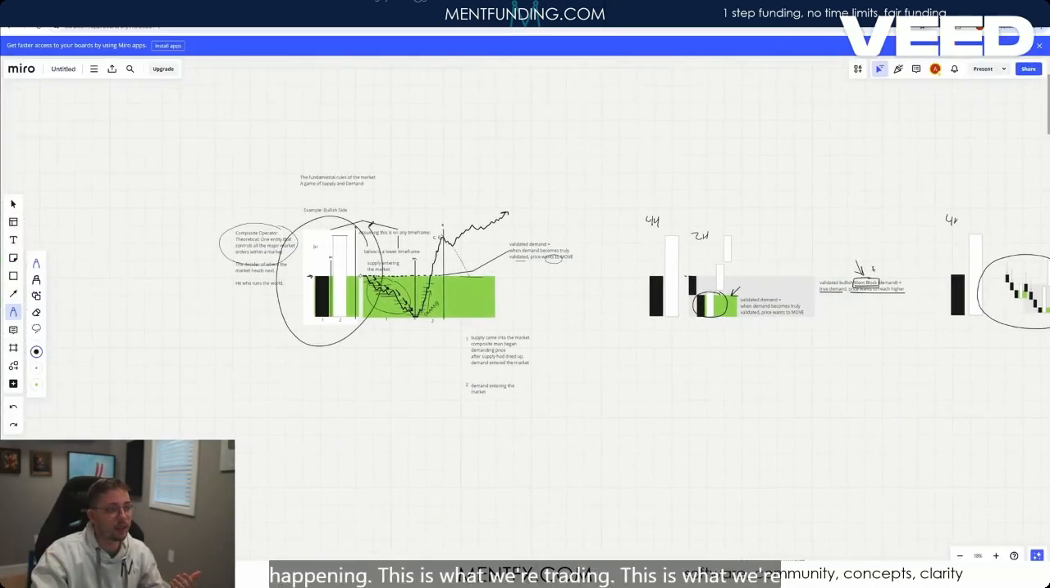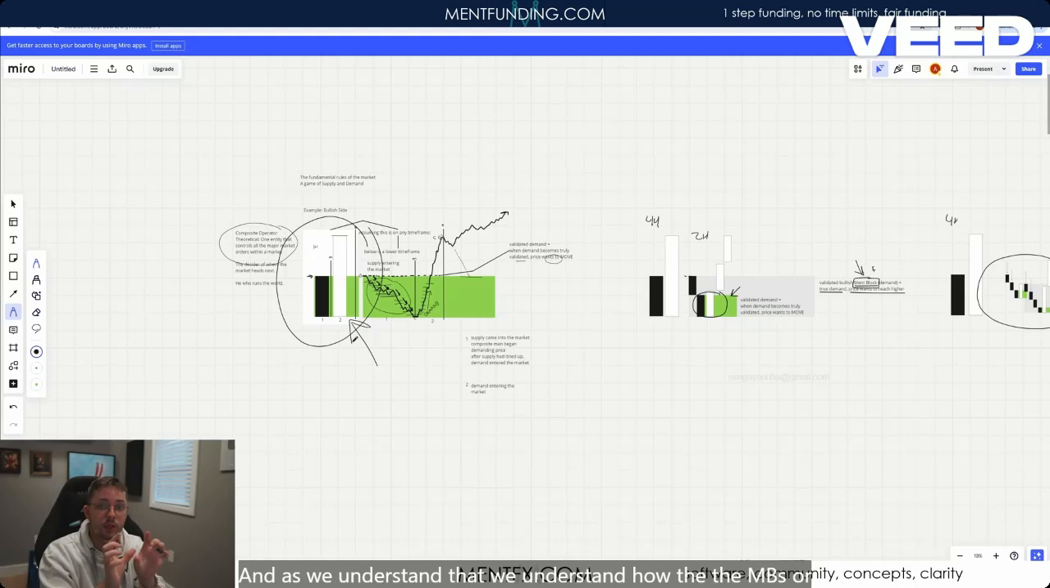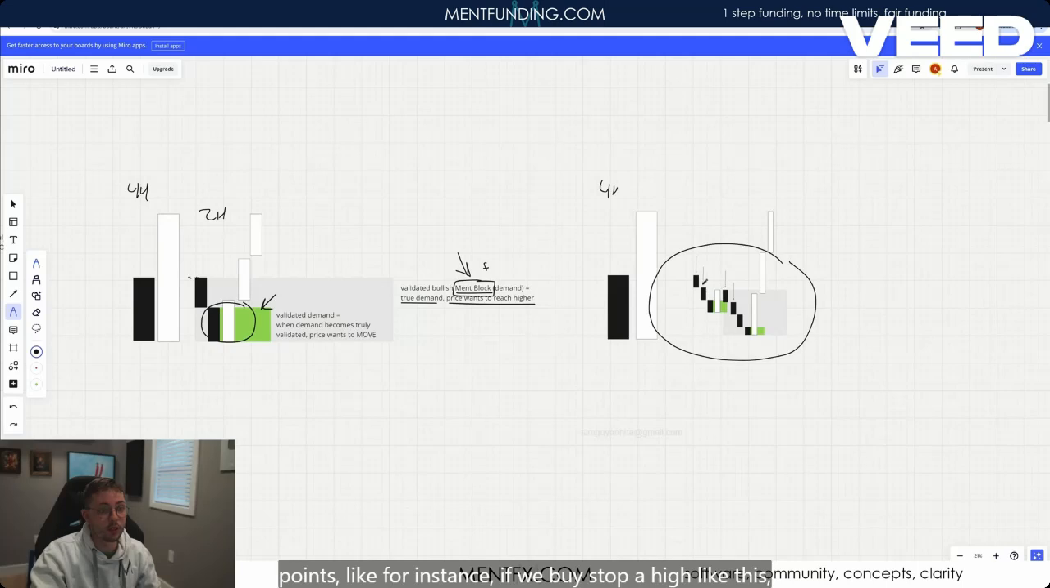But this is what's happening. This is what we're trading. This is what we're starting to understand about the fundamentals of the market. And as we understand that, we understand how the MBs or the inside demands, whatever, are interacting to make this possible, right? So when we're buy stopping one of these points, like for instance, if we buy stop a high like this, right, that might just be the buy stop